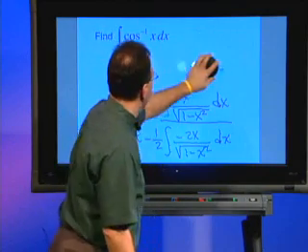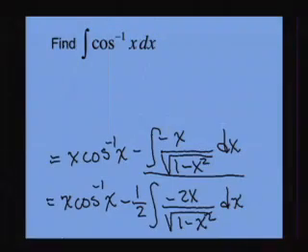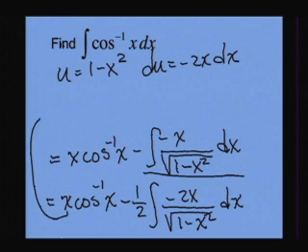What we have is u equals 1 minus x squared, and du equals negative 2x dx. So that what I have is this being equal to, of course, the x cosine inverse of x doesn't change at all, but then what I have is minus 1/2